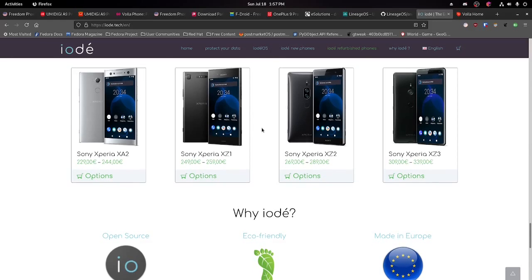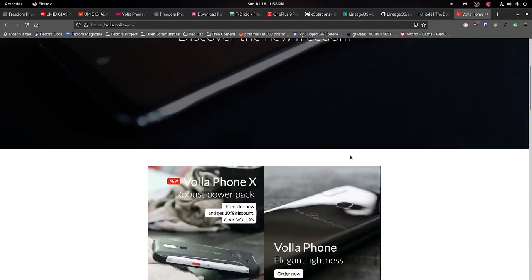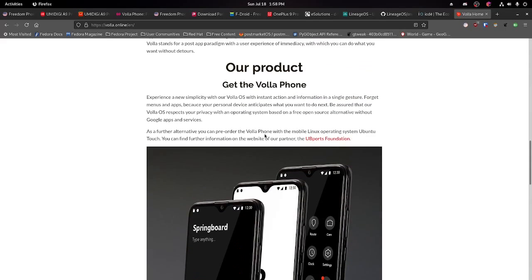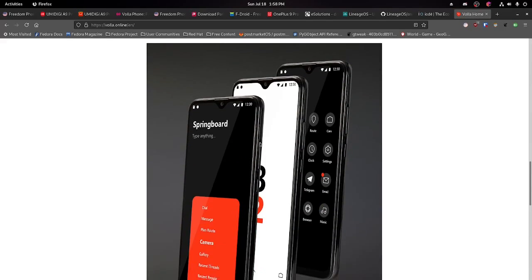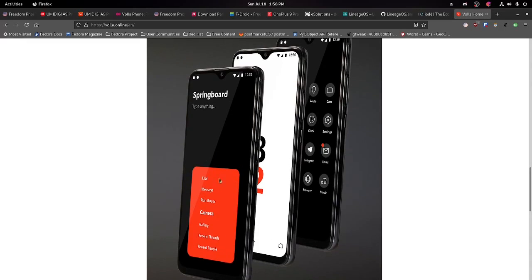And the final hardware option I'll be showing off is the Volaphone. Now, again, this is another one. They shipped one of these to the US for me, although I still paid for it. This runs its own OS based on Android that is designed to be less distracting than other mobile operating systems. So if we look at the screenshots here, it's very minimal, and it's designed so that you won't get distracted